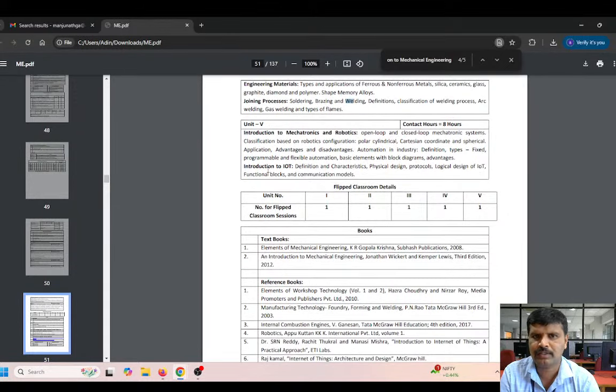Next, unit number 5 is completely on mechatronics and robotics. We know the combination of mechanical and electronics is what we call mechatronics. In this mechatronics, you're going to learn in detail what open loop as well as closed loop are, and later you can see